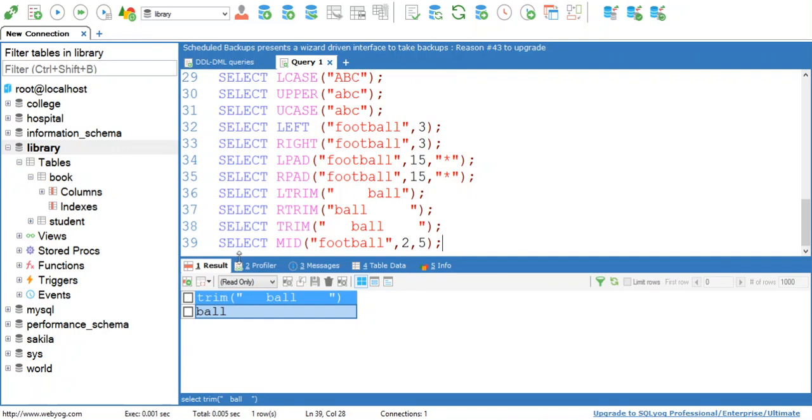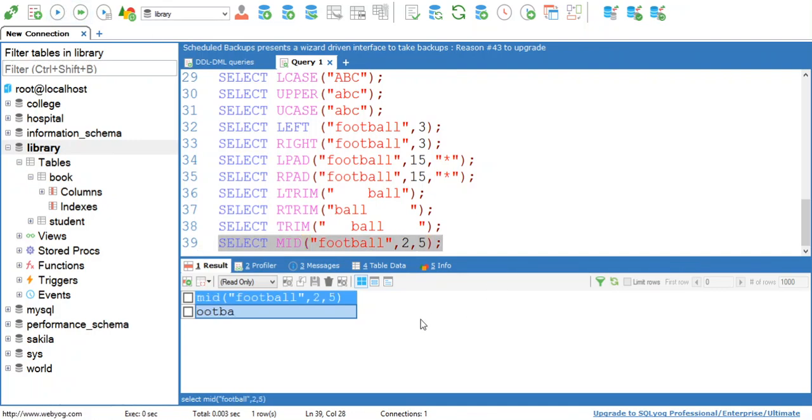So my query is select mid, input is football. I want to start from the second character, that is 2, and I want to extract 5 characters. That will be my substring.